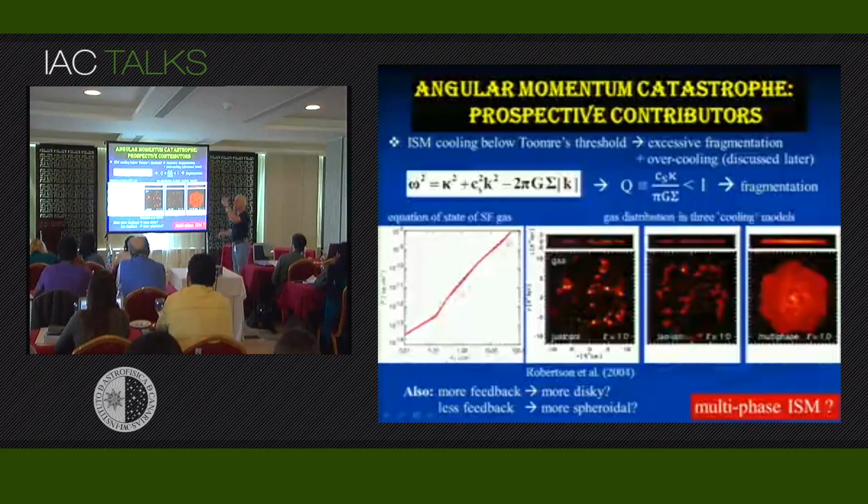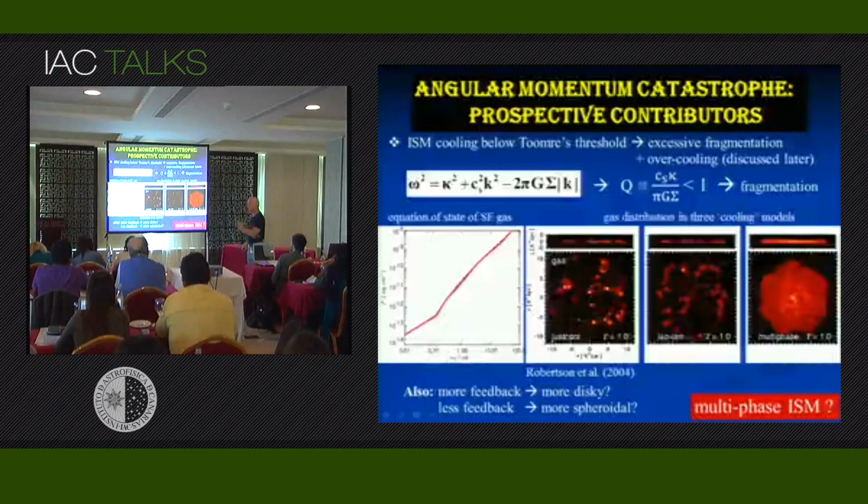That was done first by Springel and Hernquist in 2003. And you see that the pressure goes up dramatically more than in isothermal case. And that's why the gas is prevented from collapsing. So clearly we need a multi-phase